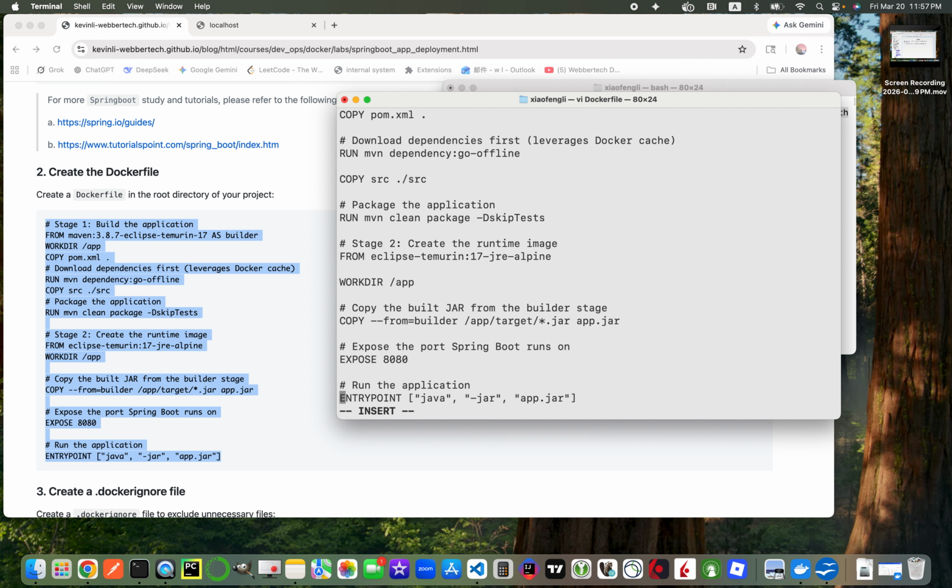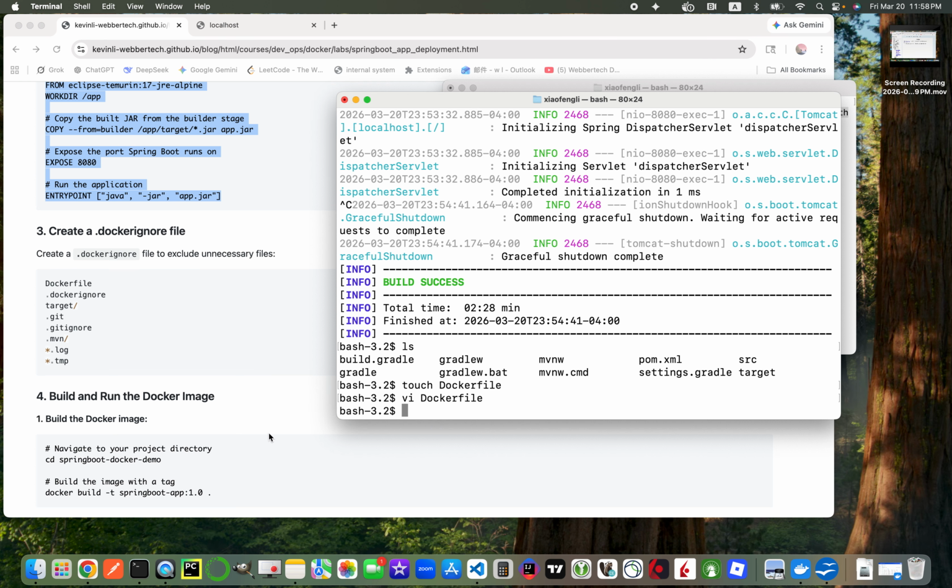And then we expose 8080. That's the Linux container that is going to listen on 8080. The last step is how we run an executable jar in Java. This is really the native way, where we concatenate these three parts together with white spaces. So that is going to work. So let's save this file and quickly create another